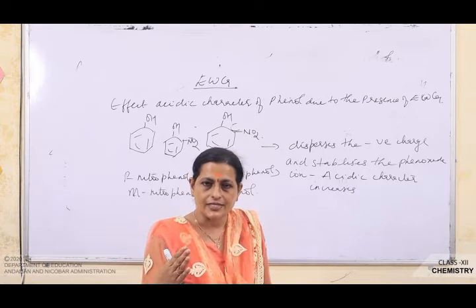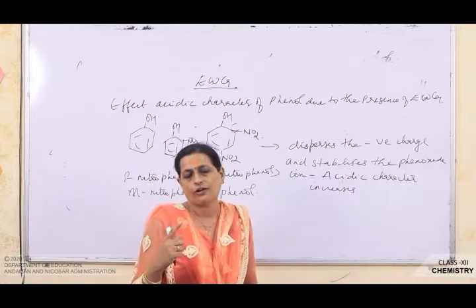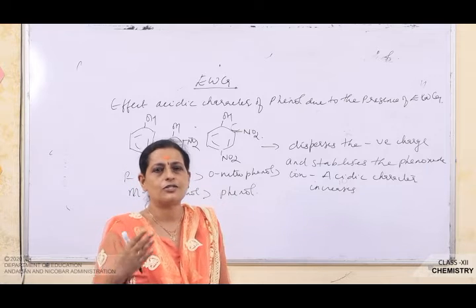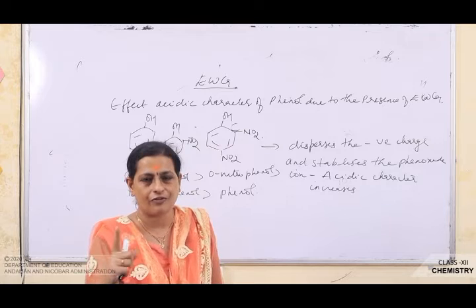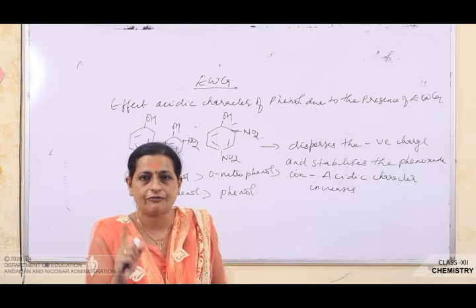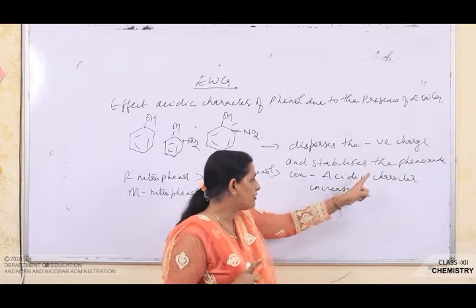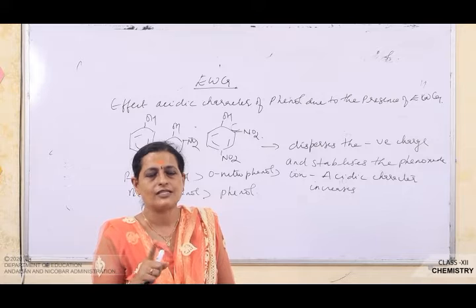And you get all this in reasoning. But when you explain the reason, it should be clear, because most of you write what? Why is ortho-nitrophenol a strong acid? You'll write it is because, due to the presence of an electron withdrawing group, it increases the stability of phenol. It is not increasing the stability of phenol. It increases the stability of what? Phenoxide ion. So instead of writing phenoxide ion, if you write phenol, you won't get marks, because